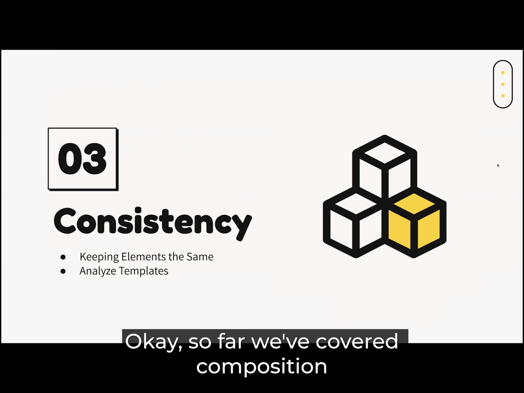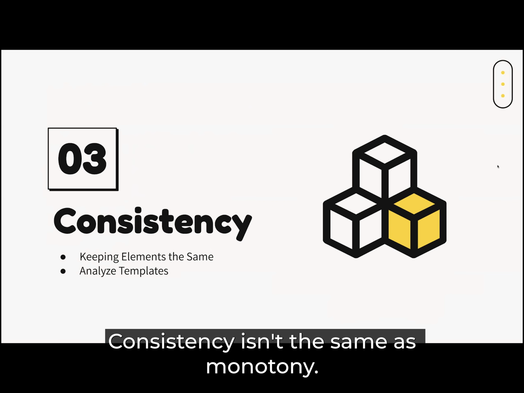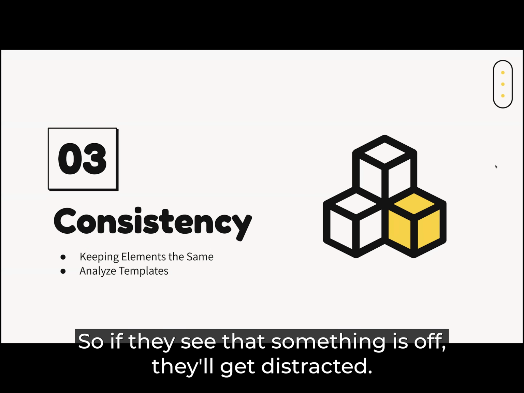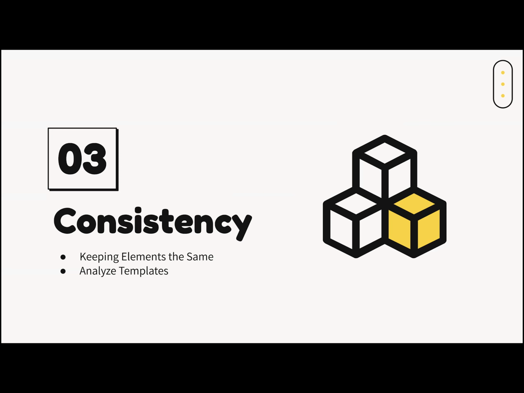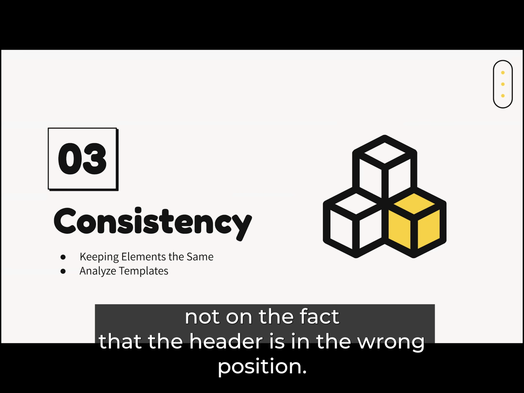Okay, so far we've covered composition and information. And the third principle of design is consistency. Consistency isn't the same as monotony. Consistency is about keeping your audience under your spell. So if they see that something is off, they'll get distracted. You want to keep them engaged and focused on the information, not on the fact that the header is in